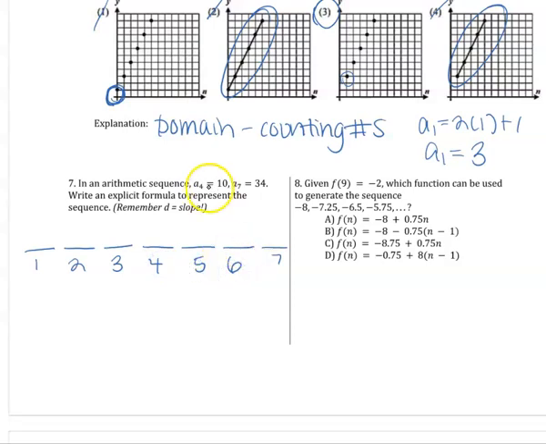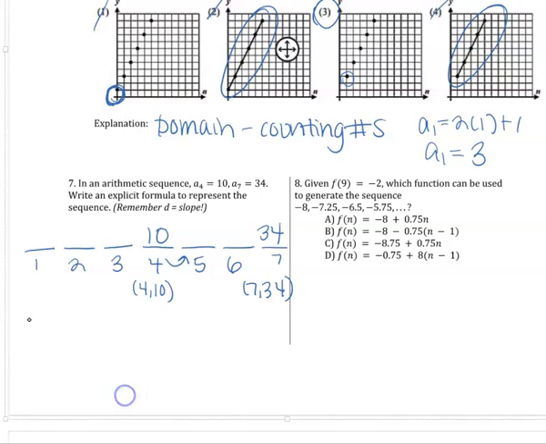All right, they're telling me the 4th term is 10 and the 7th term is 34. I'm actually going to think about this in terms of coordinates like this. 4th term is 10, 7th term is 34. And I want to figure out what I'm skipping by. So going up by, that's your common difference. Now, some of you guys are going to already know how to do this because you have very good number sense, but for those of us that might need a little bit more of a formula, let's think about your slope formula,